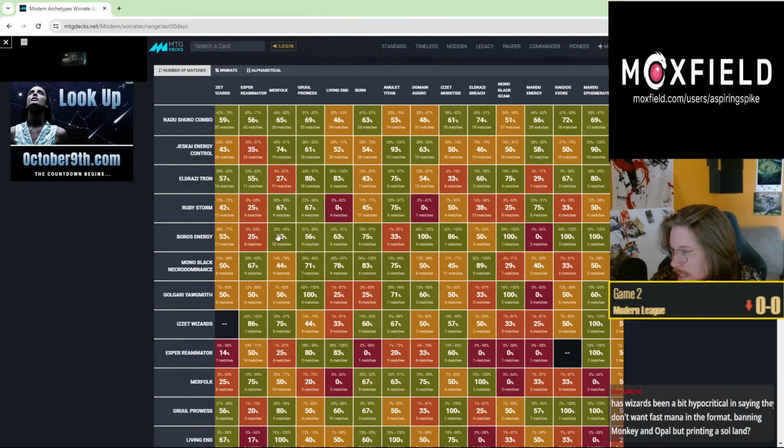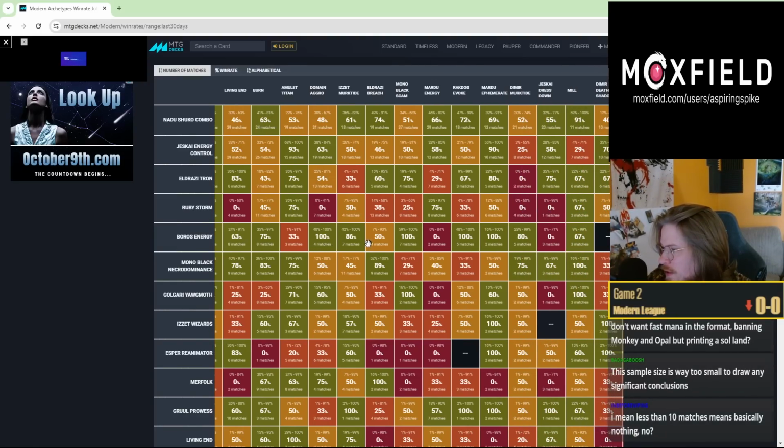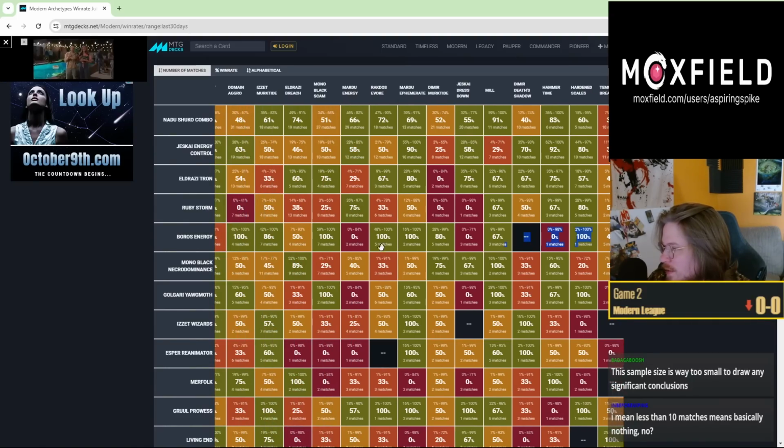And then we got 10 matches against Merfolk, Gruul Prowess. 63% against Livingston seems so high too. I'm pretty surprised about that. Yeah, but just like, where is this data coming from? Challenges? I can never remember how the site gets the data, but it's like,